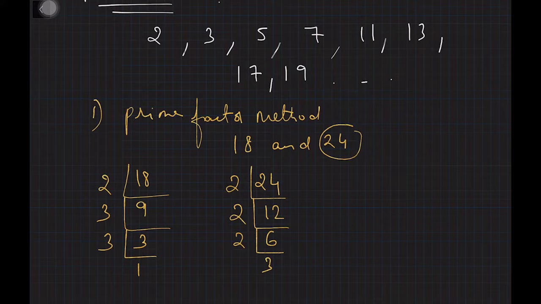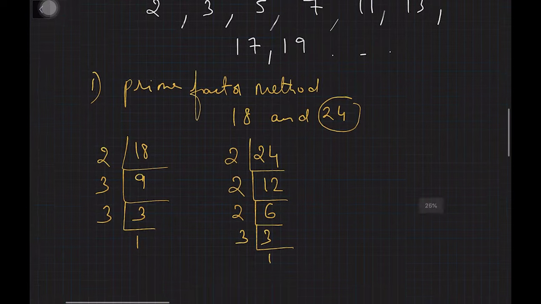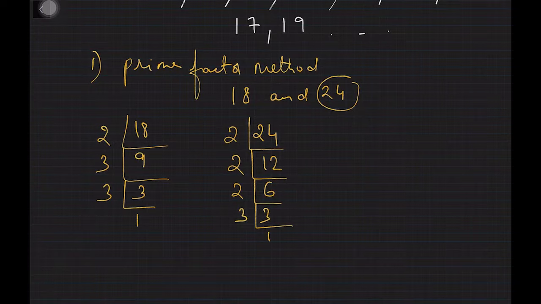So let's check the next prime number 3. 3 divides 3. Therefore we can continue the process with the prime number 3. 3 1s are 3. After doing this, we need to map the common prime numbers on both the sides. So let me consider 2. 2 is a prime number here, and this prime number should be mapped to the prime number on the right hand side. You need to map in such a way that both the numbers are the same. So you will be mapping the same numbers.